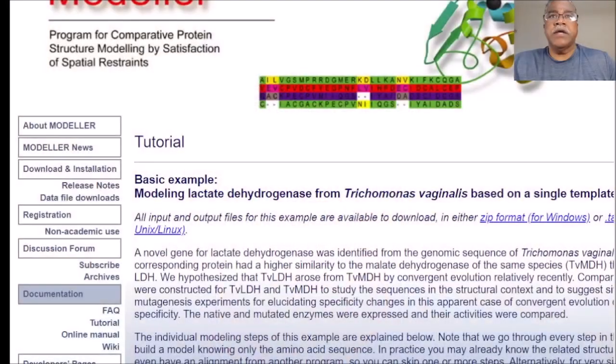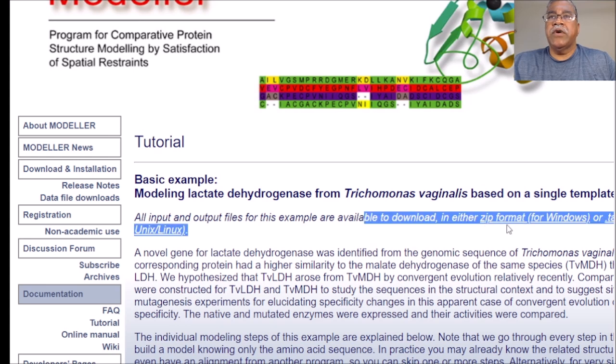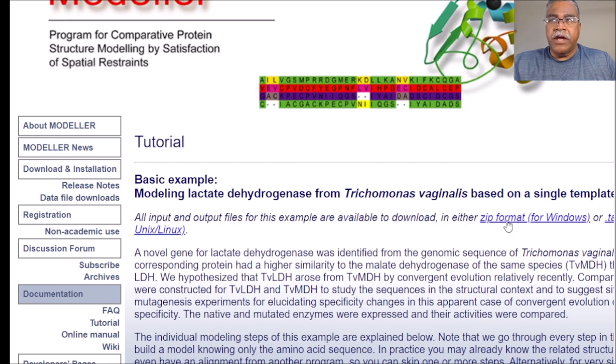Does everybody have a link to this? Let me see. I'm going to send that in chat here. Everybody have that? If you go to that link, you'll see that there is a link that I'm pointing at right now, the one that I just highlighted. You have to download that file,